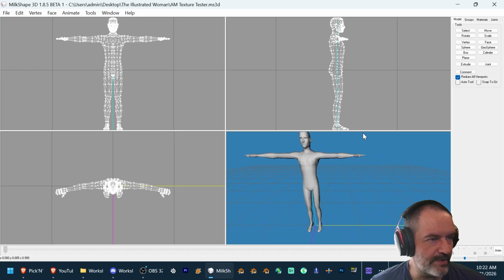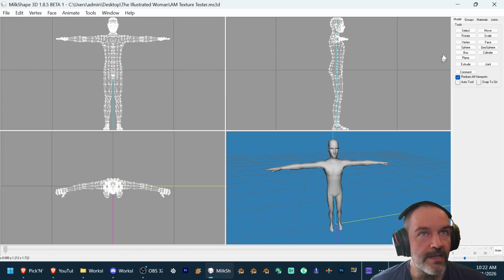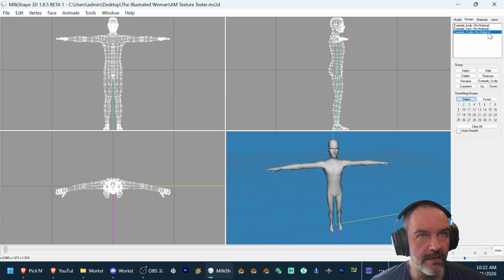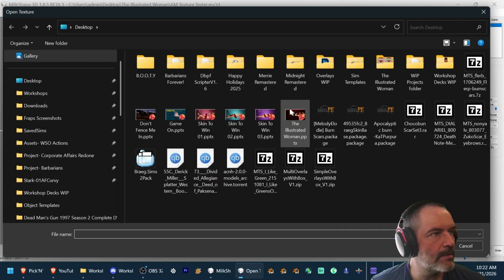Okay, so we've got just a regular body template. He's got 3 different groups: body, face, and scalp, but we don't have any materials assigned. So we go to the materials tab. We click on that new button 3 times. We start with material 1. We click this first material bin,